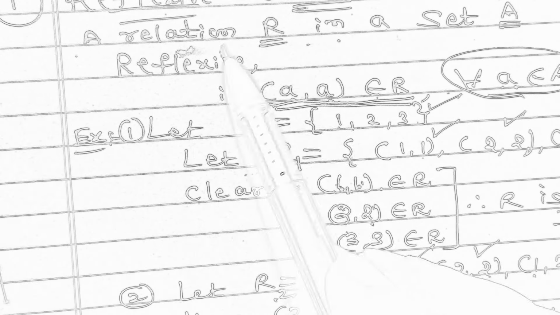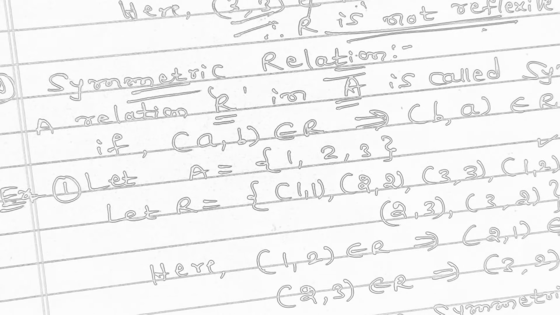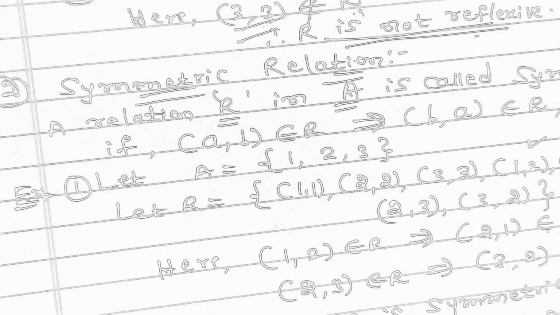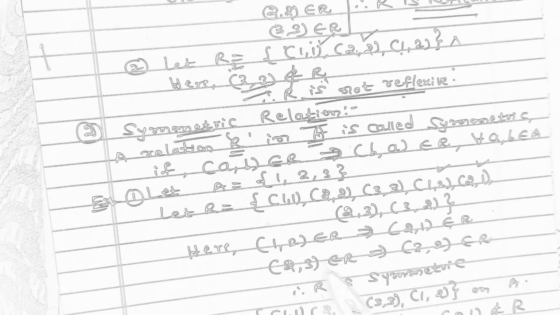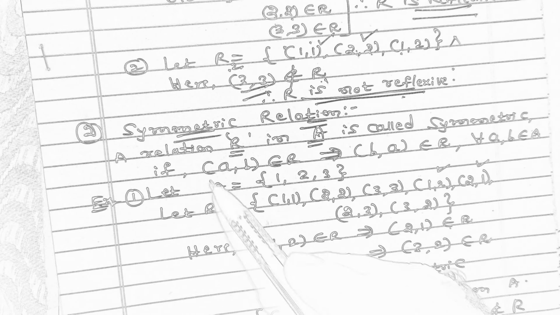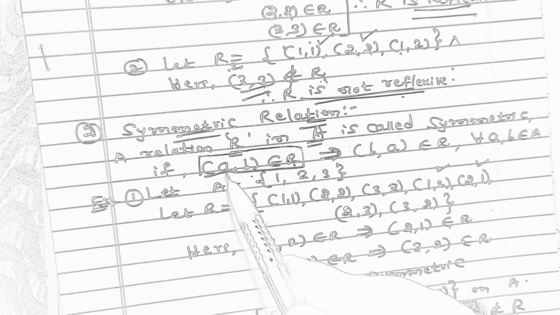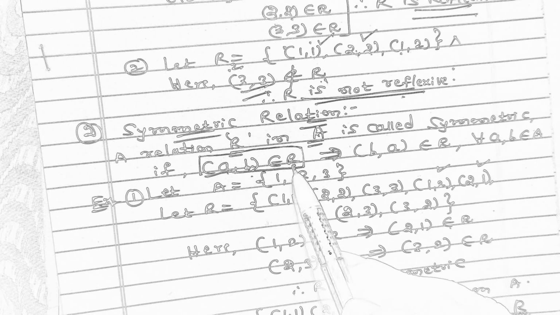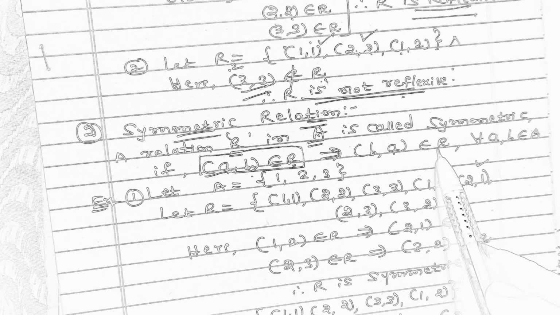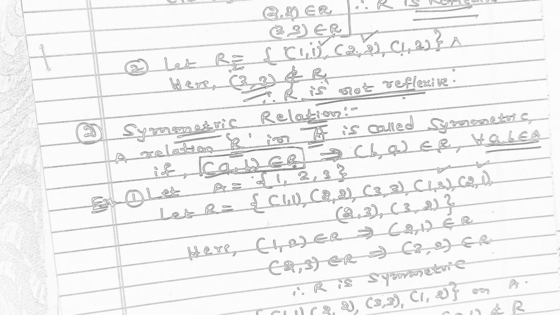Okay, this is the definition. Second one, let me come to the second definition here. Symmetric relation. You see this one is same, a relation R in set A is called symmetric. So for this, if we have a pair, say if (a, b) belongs to R, implies, so here you change the order here, (a, b) is present means (b, a) should also be present in the relation. So for all (a, b) belonging to the given set.